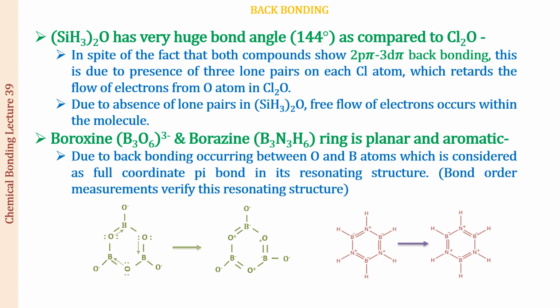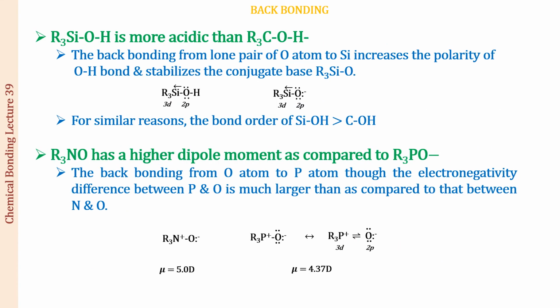Okay. So now let us look at one more property being affected by back bonding. We have R3SiOH being more acidic than R3COH. So one way of looking at whether a substance is going to be more acidic or not is to see whether its conjugate base is going to be more stable or not. So when we see